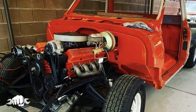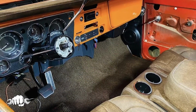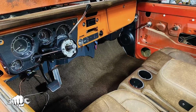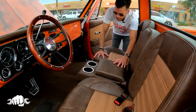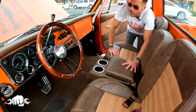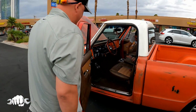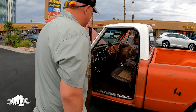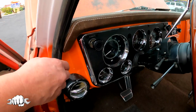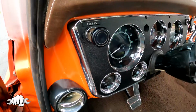Man, Jesse, this looks so good. Let's do the interior and see some of the work that you did. So when you got it, was it traditional bench, like a 60-40 type split? Yep. It was. All right, so we have custom seats here inside. All this work here is custom work. Same with the steering wheel. That's by TMI Interior. They do TMI products. They do all the interior, the door panels, the dash cover, and then my buddy that built the truck, he added the Dakota Digital and the...